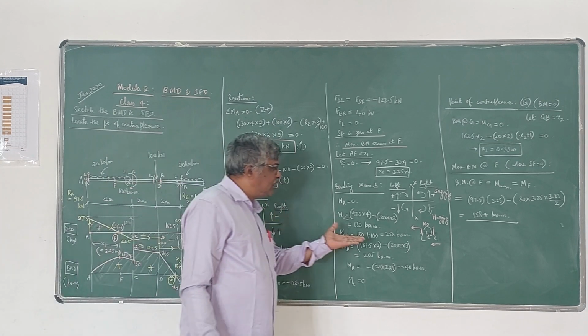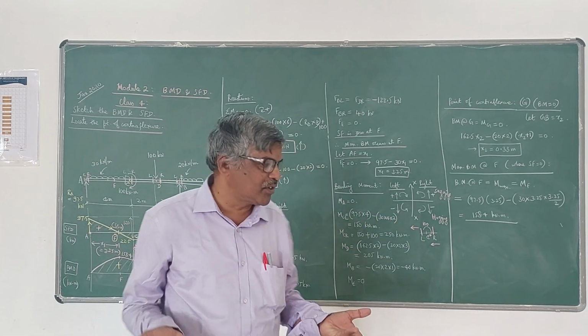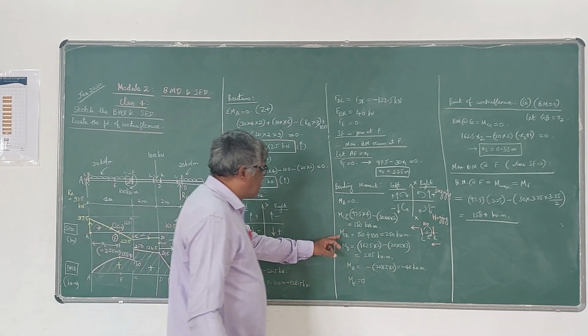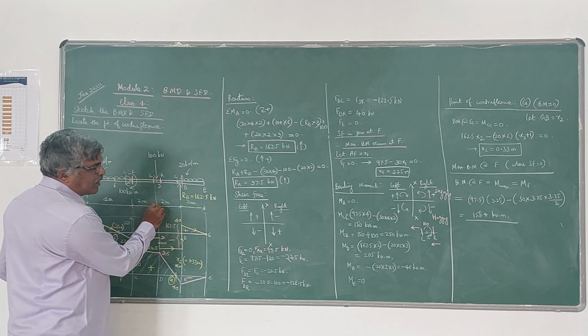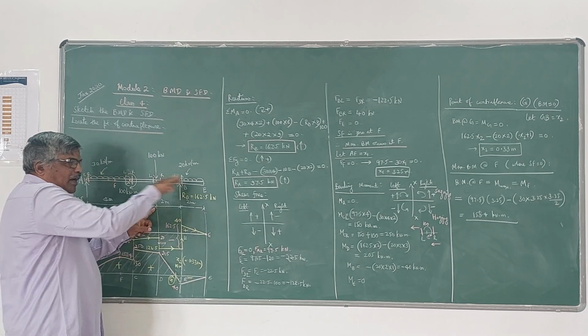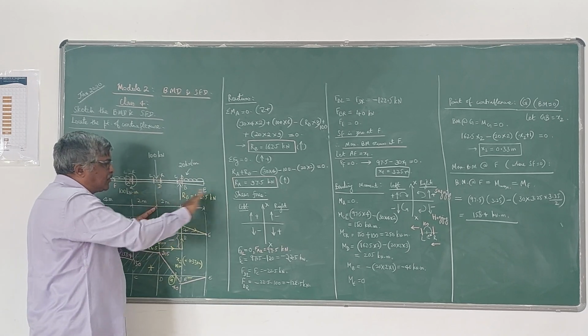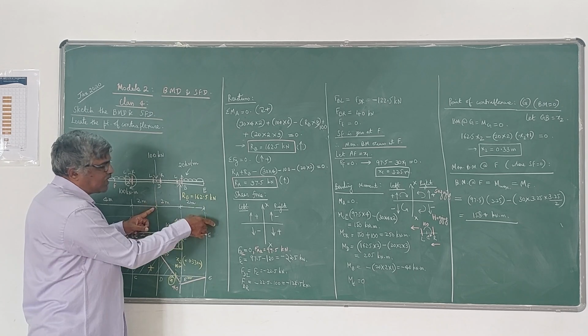One by considering the value of external moment, another one without considering the value of external moment. So these two are the values. Now MD, bending moment at D. When you are calculating bending moment at D, you can see to the right side also, because when you move from left to right, the number of forces gets reduced. So therefore, I will calculate MD by seeing to the right side of D.